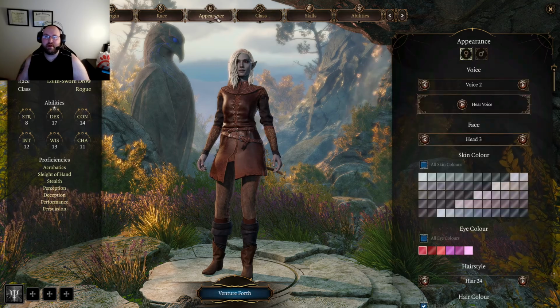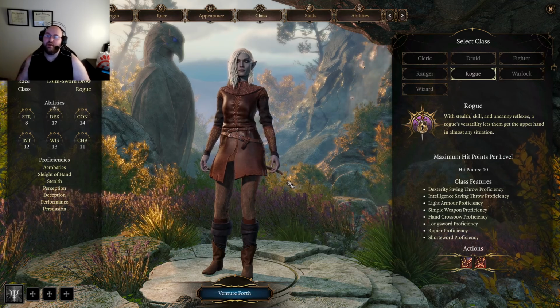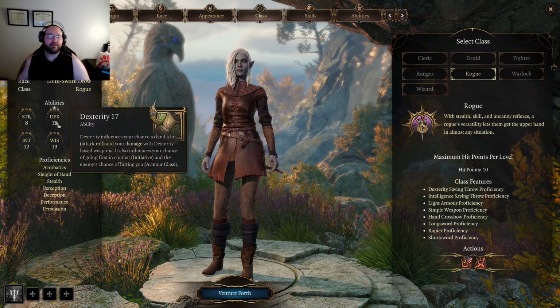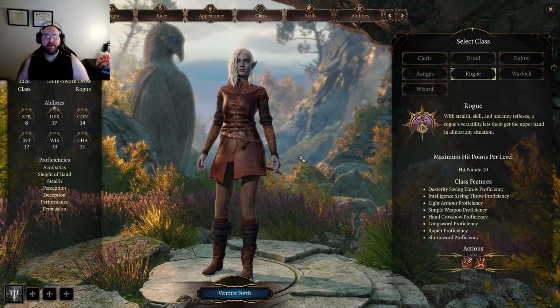But everything else, other than appearance sake, doesn't really matter. But your class, your skills, your proficiencies, they all matter. They're very playstyle specific. You definitely need to make sure that you are min maxing or trying to get your play style down before you start playing, because this is not a game